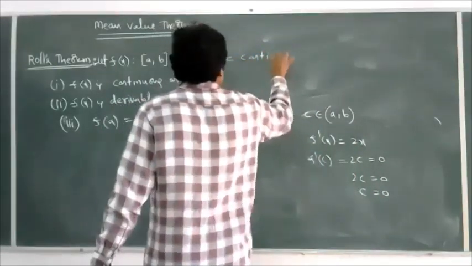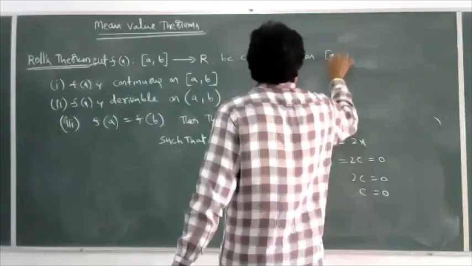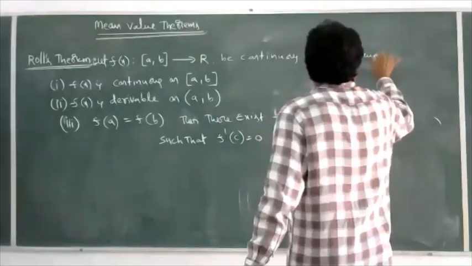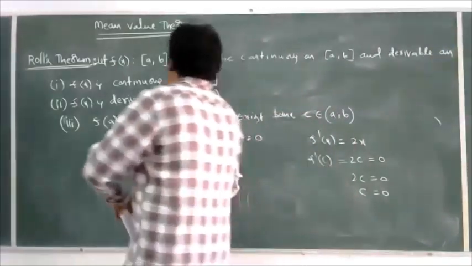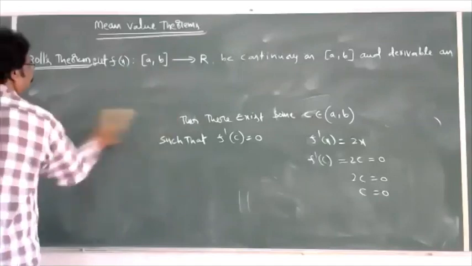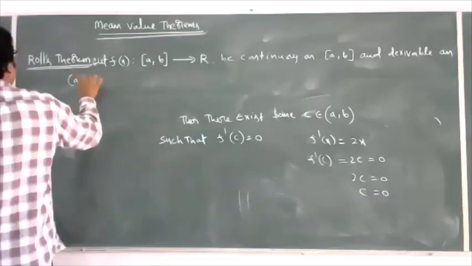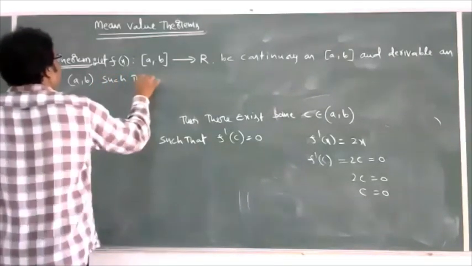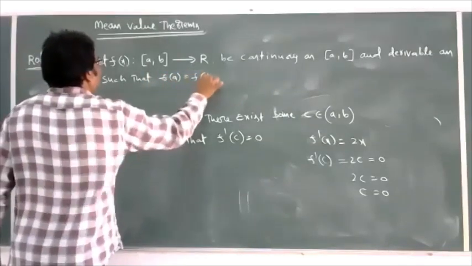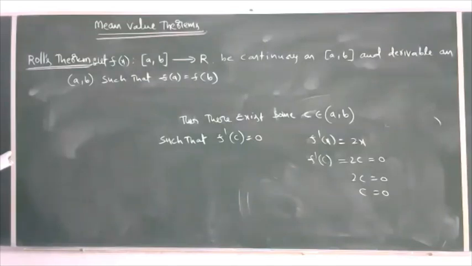and derivable on open a comma b, such that f of a is equal to f of b, where a and b are some real numbers,